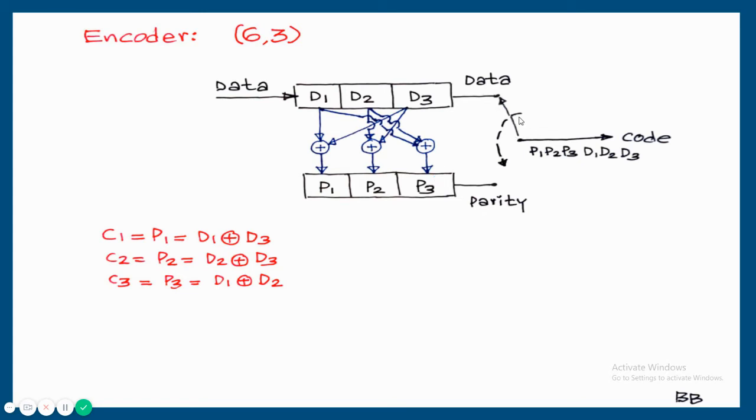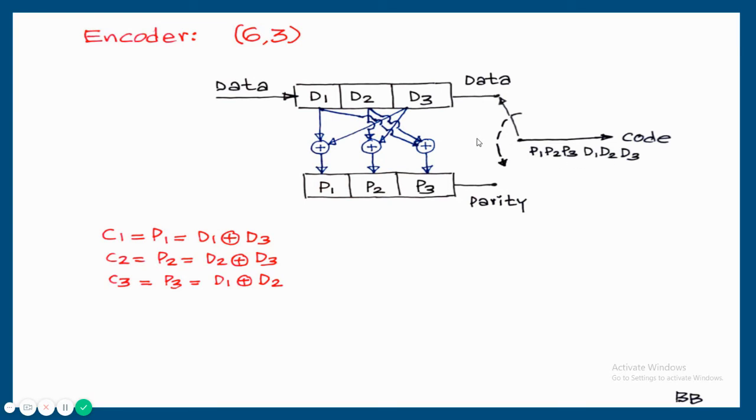And our transmission technique is like this. First we will transmit data bits, next we will transmit parity bits, because data bits are header bits and parity bits are trailer bits. So first data, that is a function of this switch. The switch will select the data bits first. After transmitting D3, D2, D1, the switching position is changed. It will select the 3 parity bits, first P3, then P2, P1. The final output will be D3, D2, D1, then P3, P2, P1. So against the 3 input data bits, we get 6 output code bits. That is why it is a 6, 3 block code.